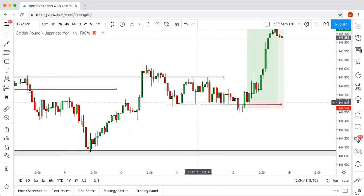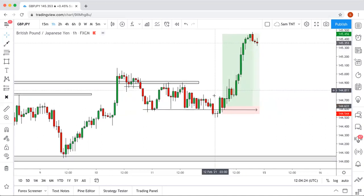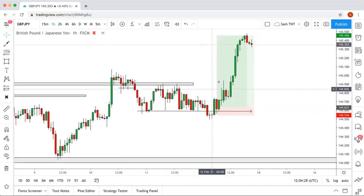So multiple drives into it, a new high which created again a new high. You could have even entered at this point here, would have been nice. You've taken out the recent high points here. To be honest, you could have even waited for what are we at, 144,900, for this significant kind of